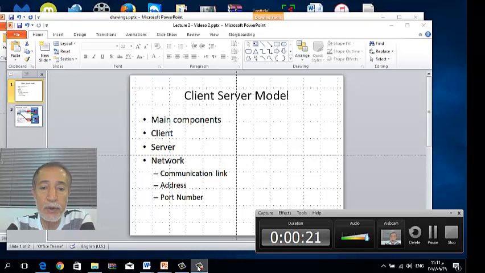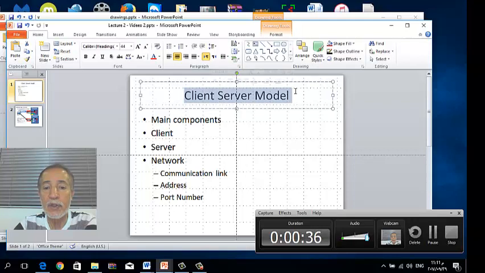All right, in this online series on client-server systems, today I will talk about the client-server model. Remember that we already talked about the fact that a client-server model